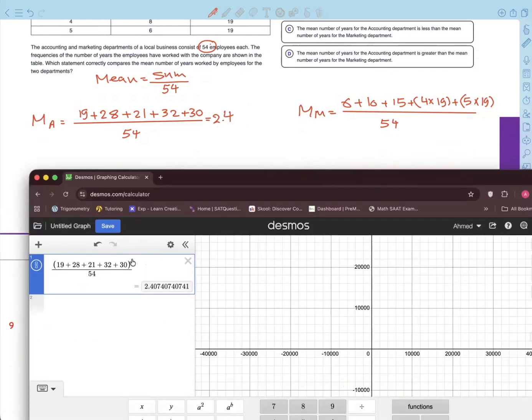And the same for marketing. You will calculate it. It's 6 plus 10 plus 15 plus 4 times 19 plus 5 times 19